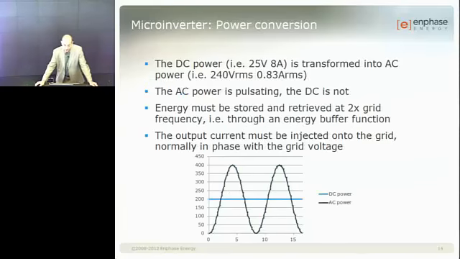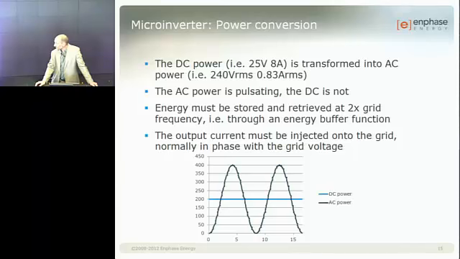Okay, power conversion now. DC power, for instance, 25 volt 8 amps is transformed into AC power. For instance, 240 volt RMS, 0.83 amps. So you have blue line is DC power coming in. The gray line, kind of spiky line for some reason, is the AC power going out. Well, right there you see you got a little bit of an issue, is that one is flat and the